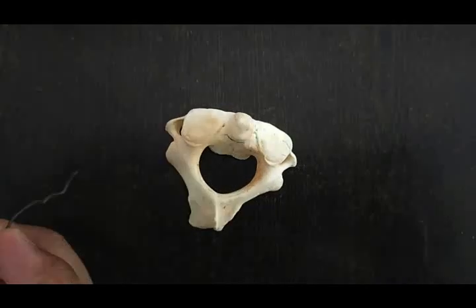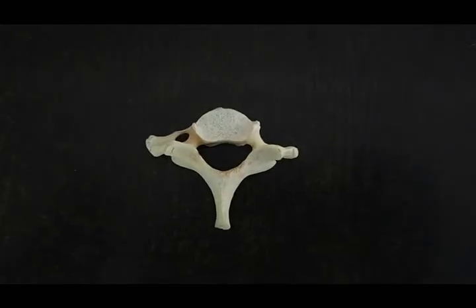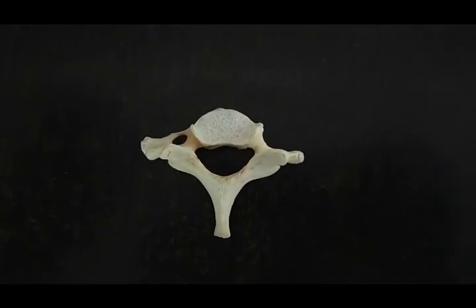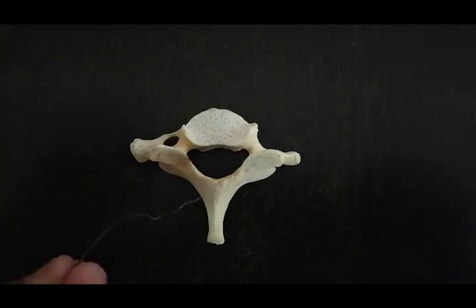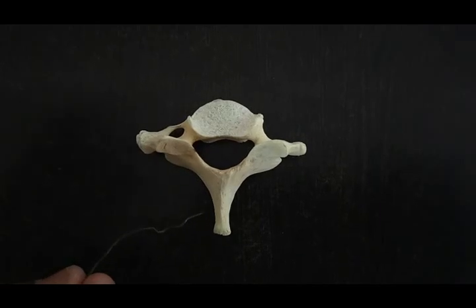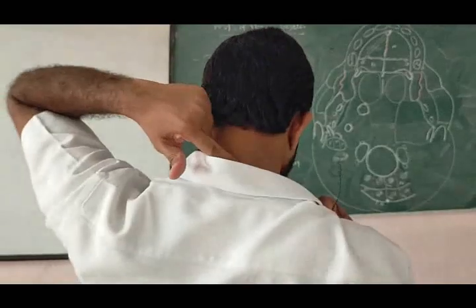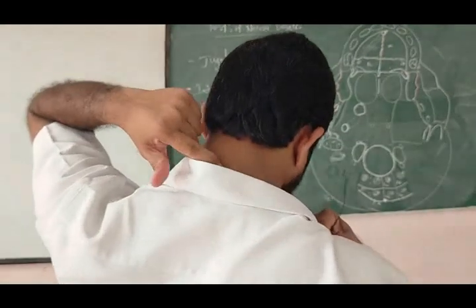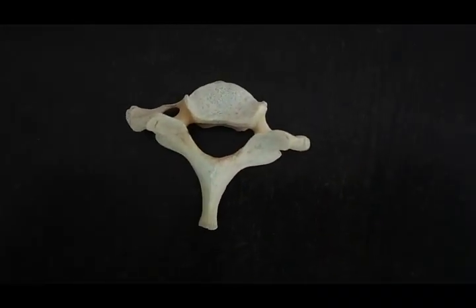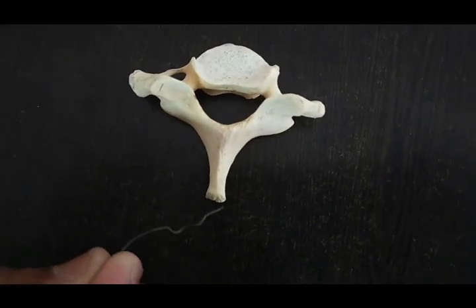This vertebra is called the axis vertebra. Now lastly, the seventh cervical vertebra. This is also called the vertebra prominens because it has a very long spine, which may be palpated under the skin of the lower part of the neck. You can easily palpate the prominent process. Now the peculiarities: the spine is long, horizontal and non-bifid.